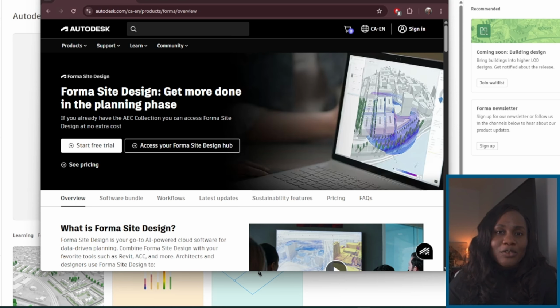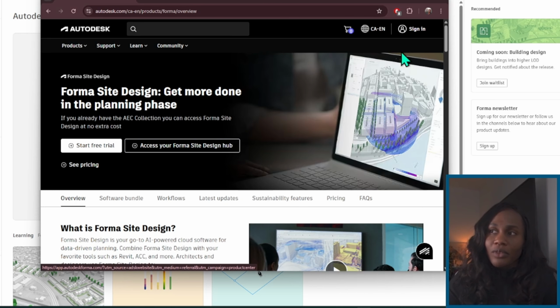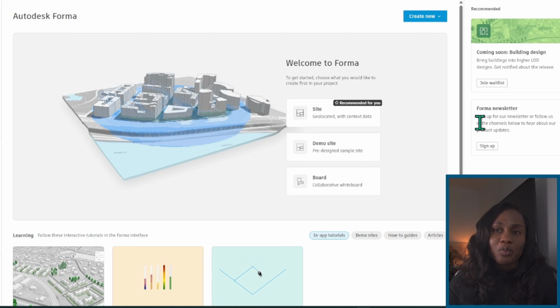There are plans to change Autodesk Construction Cloud to Forma Data Management in the future. So I think Forma is starting to become one of Autodesk's flagship products. So it's really worth exploring Forma. If you're already paying for a full Autodesk collection, then you should have Forma. And if you Google Forma on the web, you should be able to sign in or access your Forma site design hub. So I'm already logged into my hub and I'm going to just start a project to show you